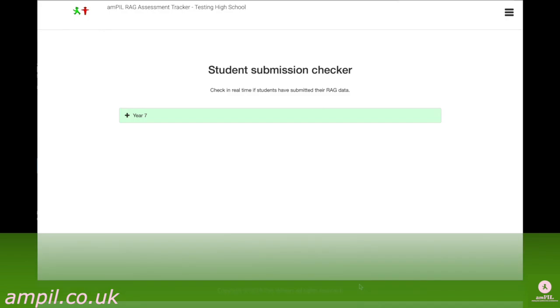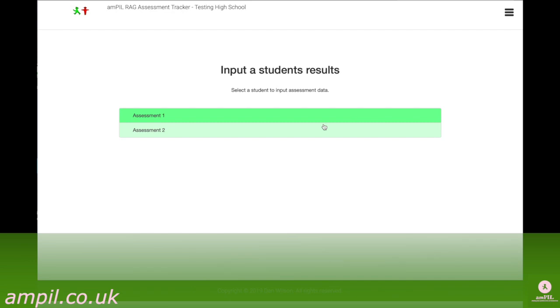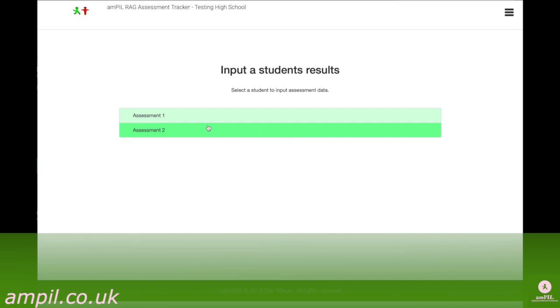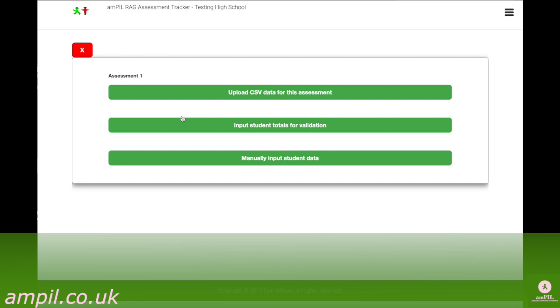To show you how you can get the students' question level analysis into amPIL, there's a few stages, a few different approaches for this. But in the teacher view, if you go to the main menu and click on the button that says input student data, you'll get a number of options. So if you select the assessment that you want to upload the data for, assessment 1, you're presented with a